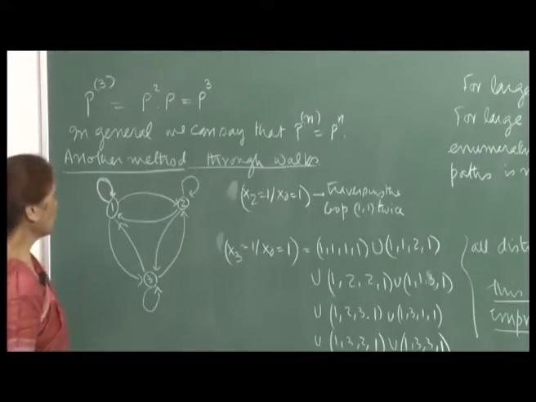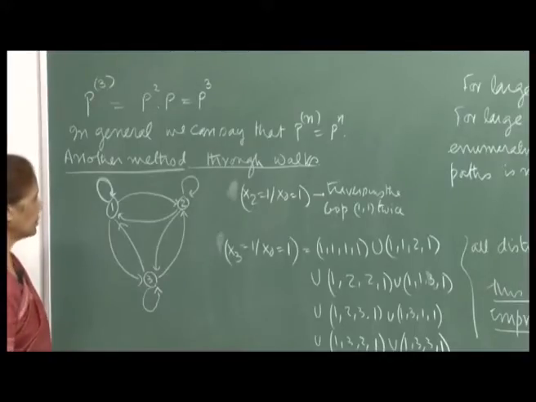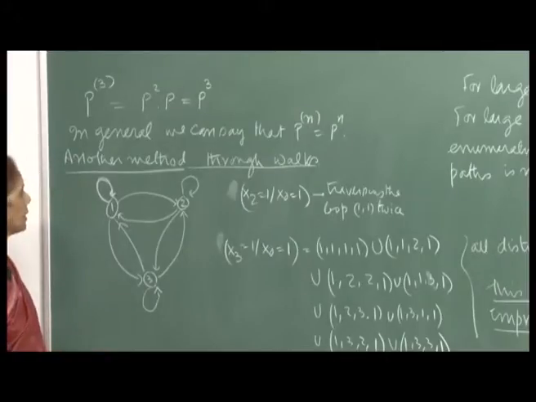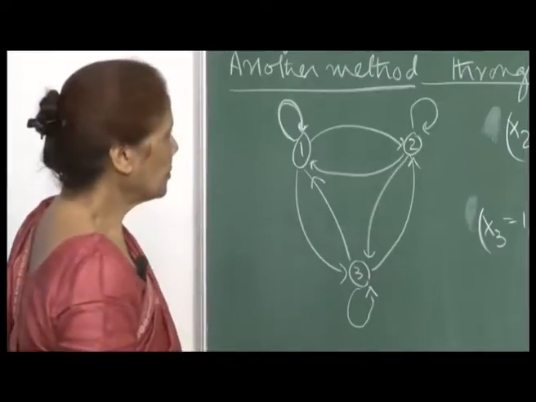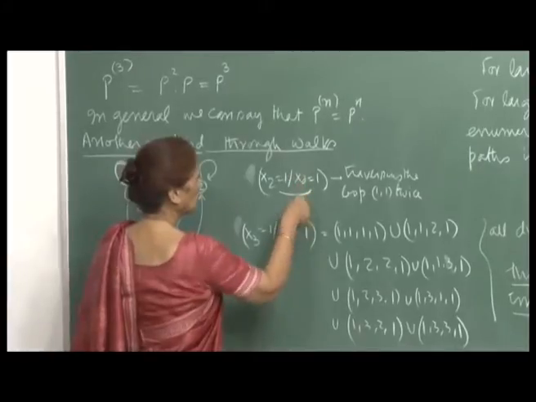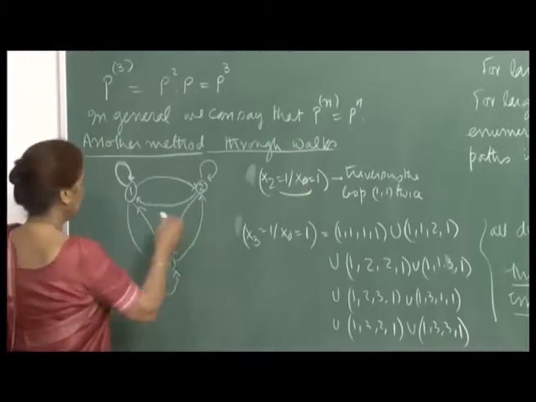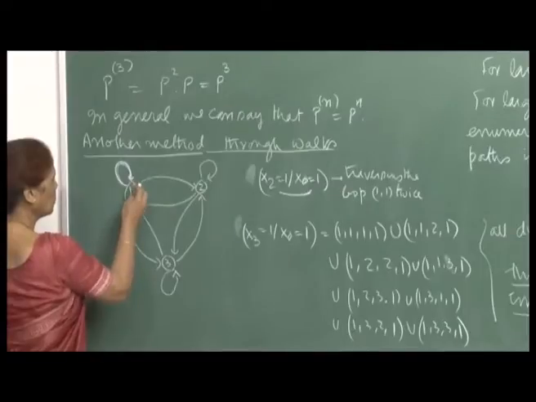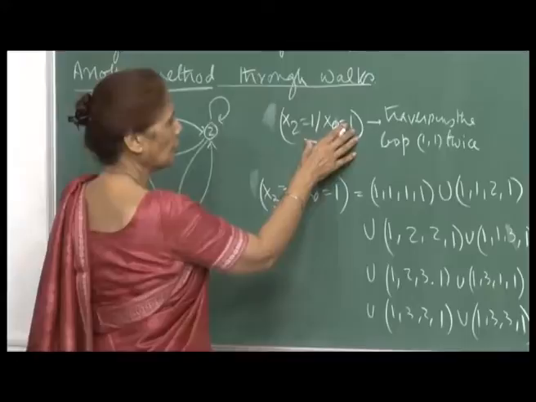Okay. Now, there is another method through walks on the transition graph, but you will soon realize that it is not a very efficient method. It is fine to see what is happening when your graph is small and the number of states is not too many. So, for example, when you want to look at the 2 step transition probability of going from 1 to 1, right, which would mean that you traverse this loop once and then again one more time. So, 2 times you traverse this loop,